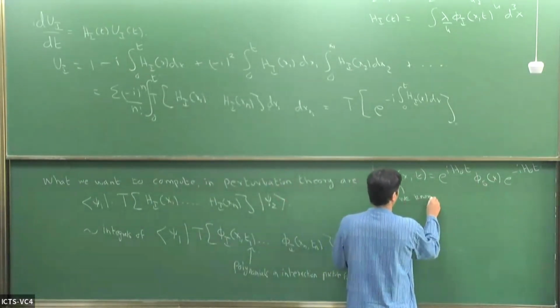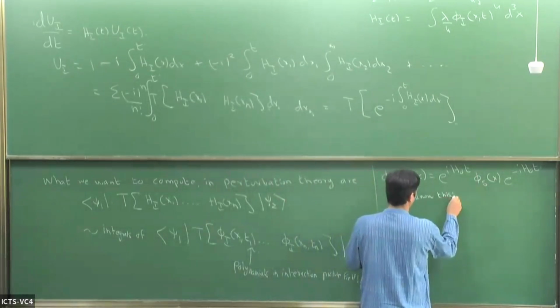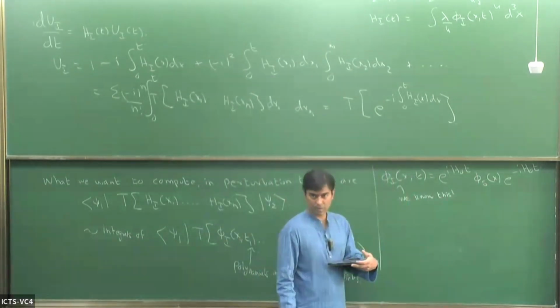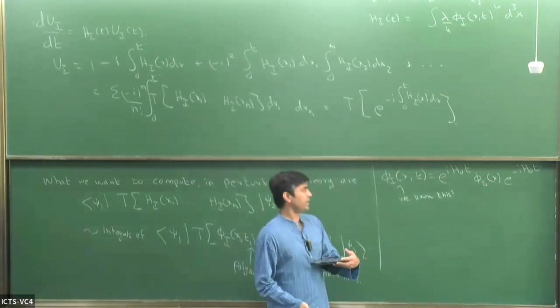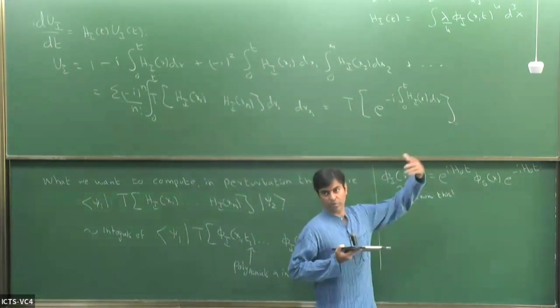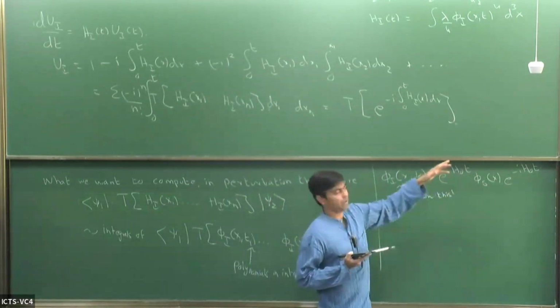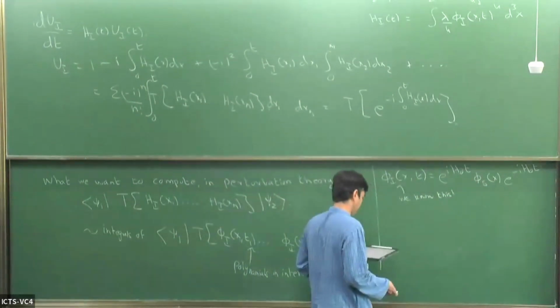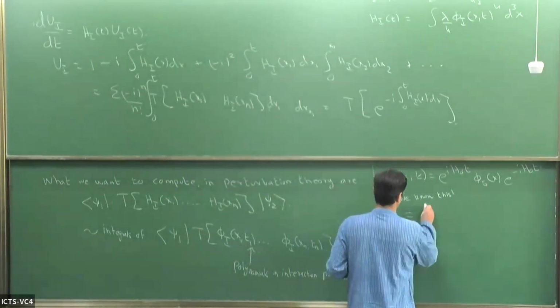Why do we know this? Because in the beginning, we spent a few lectures trying to solve the free field theory. When we solved the free field theory, this is what we were doing. We were evolving the free field with the free field Hamiltonian. So we know what this is, and we know the expression for this. It's just our old expression, which is